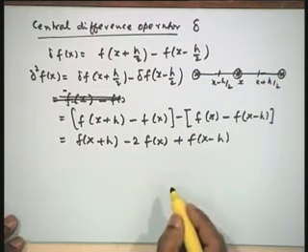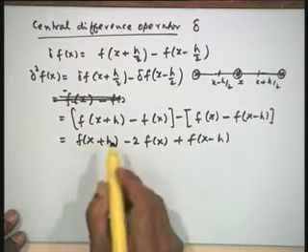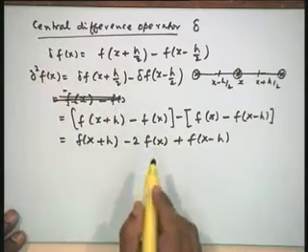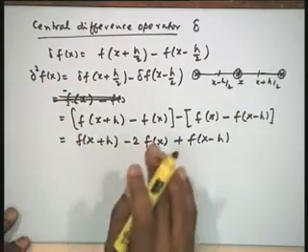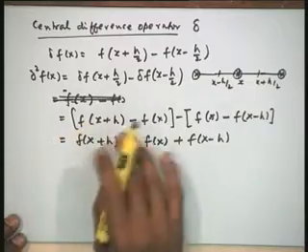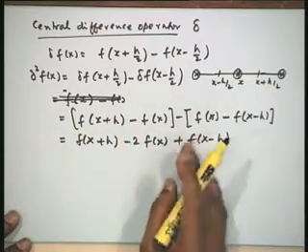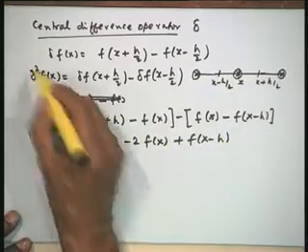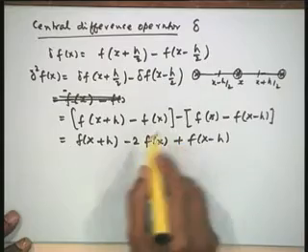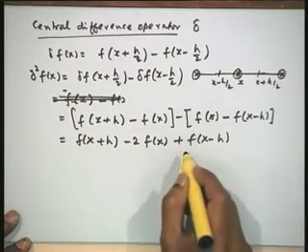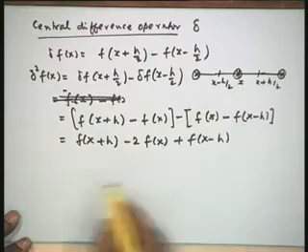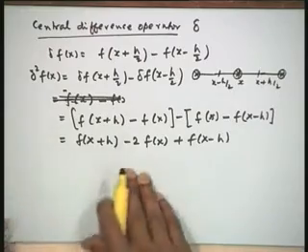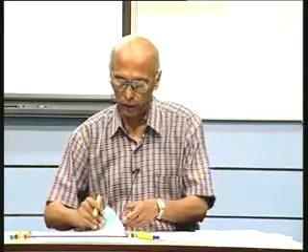Now, there is a big advantage, which we shall see a moment later: the central difference operators are much more accurate than the other differences, the forward or backward differences. We will define what we mean by better approximations. Because they are symmetrically placed, the error in this case is smaller than in the forward and backward differences. Now, I can therefore construct a central difference table also for this.